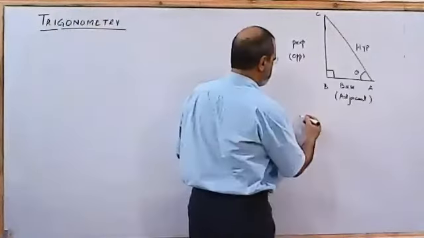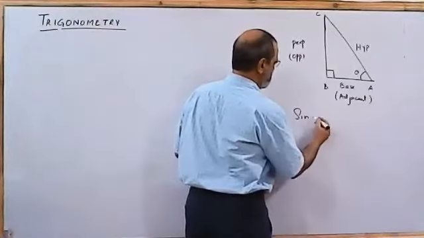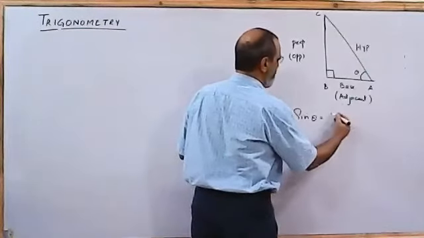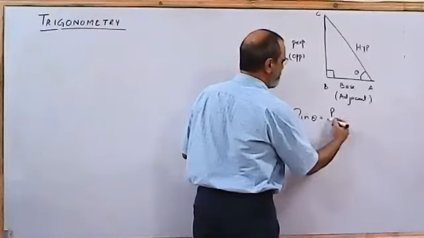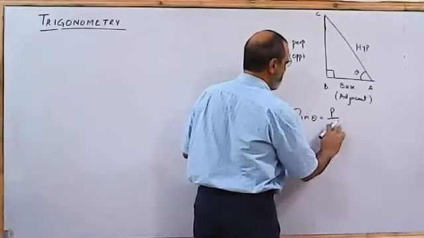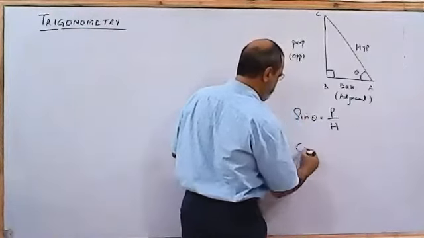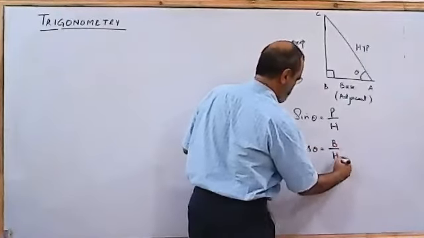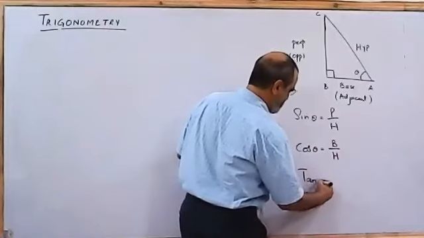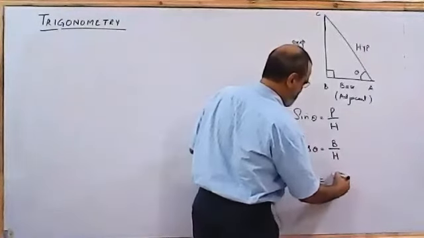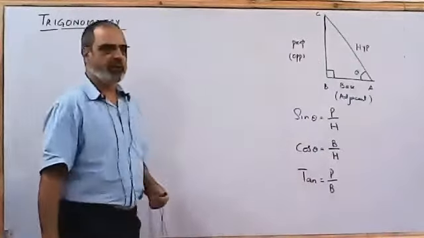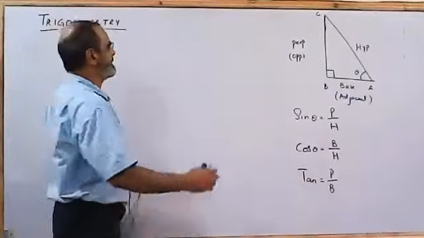Sin theta is opposite or perpendicular over hypotenuse. Cos theta is base over hypotenuse. Tan theta is perpendicular over base. The formulas which we used in AS,